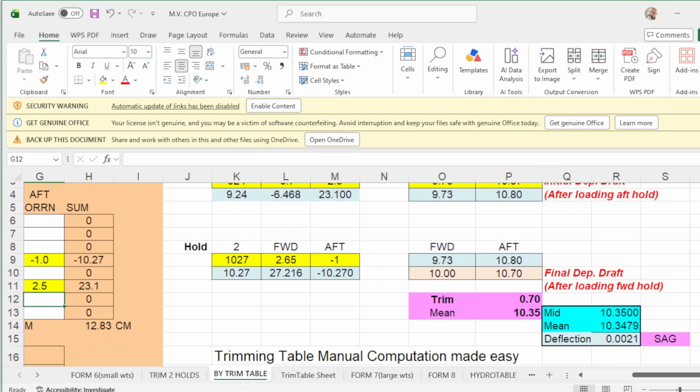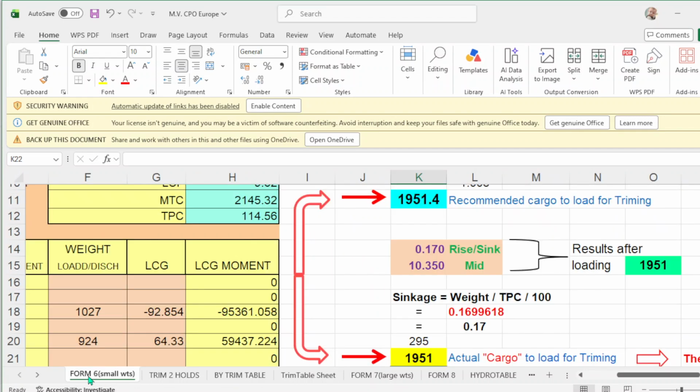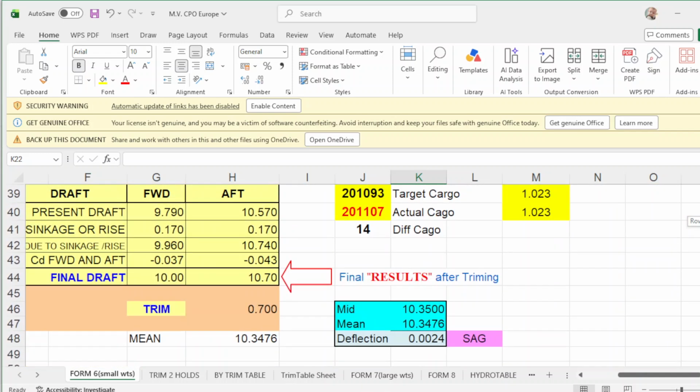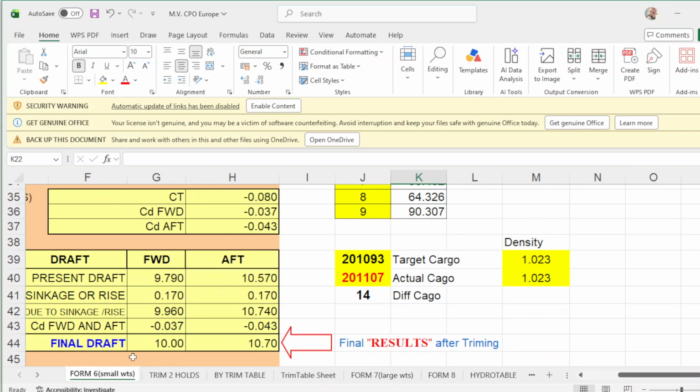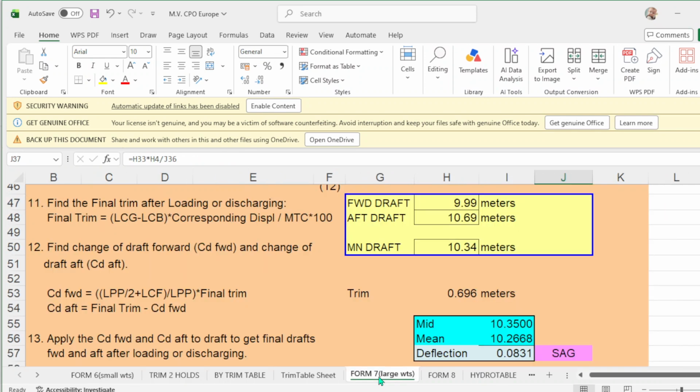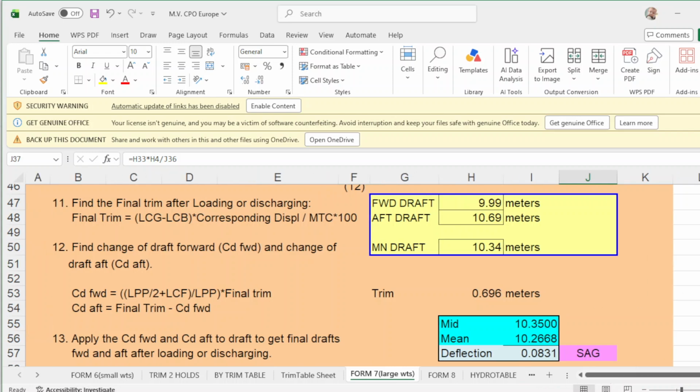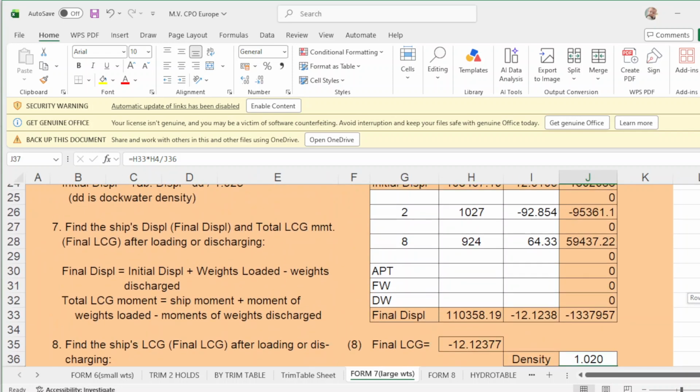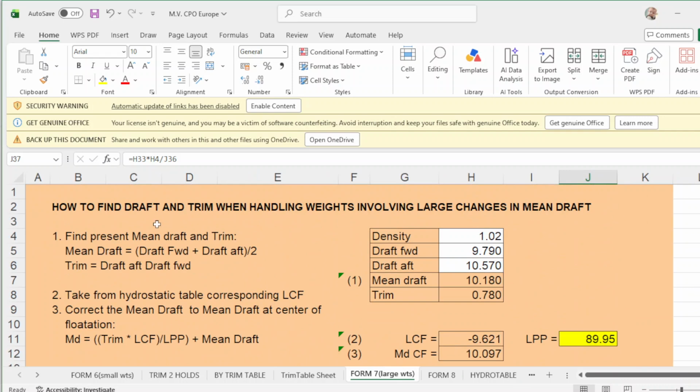Okay? So you have this program, form number 6. You have this drop, forward and up, and trim 2 holds. You have this departure drop, and we go to form number 7, which is how to find drop and trim when handling weights involving large changes in mean drop. So the